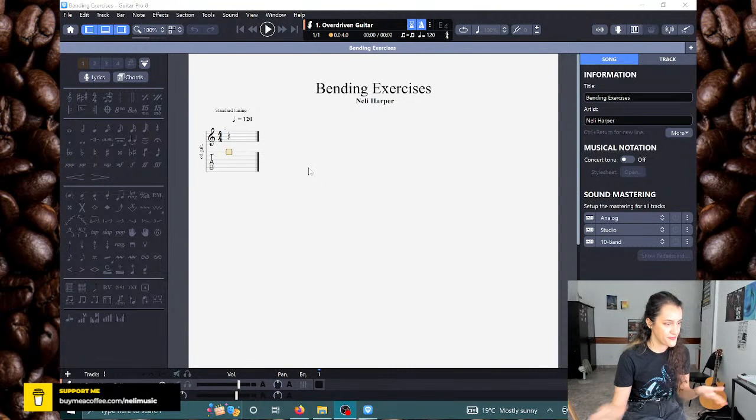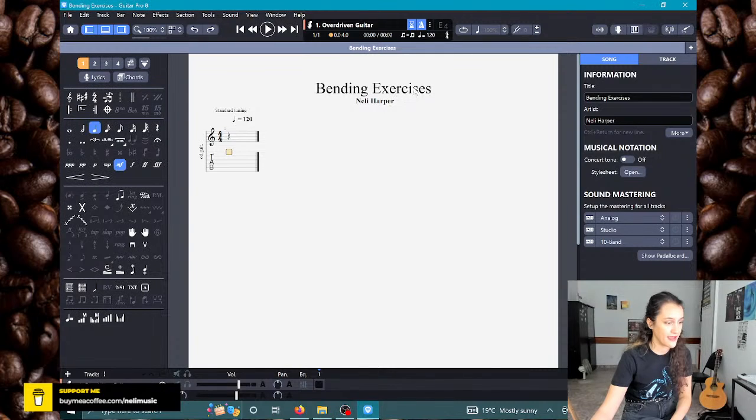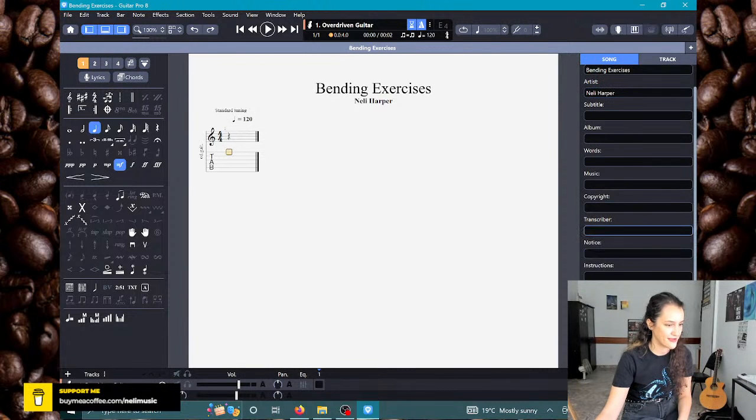Okay, so basically I've created this file. I've called it bending exercises. You can change the name here, you can change the artist. In this case I wrote, but usually I put myself as a transcriber. So for example, if I put myself here as Nelly